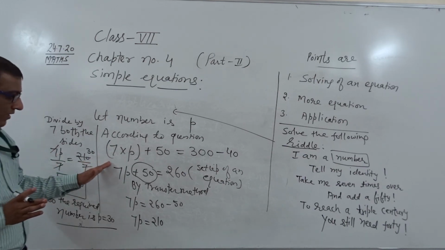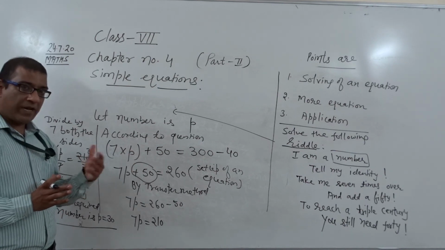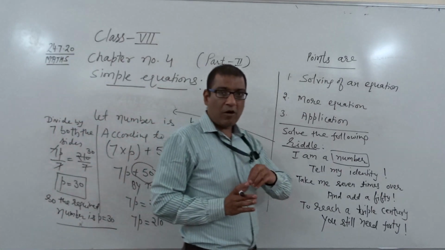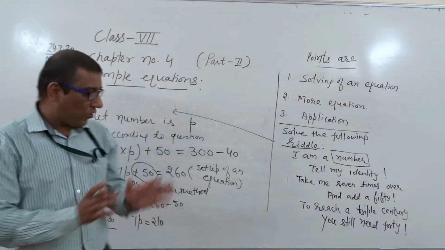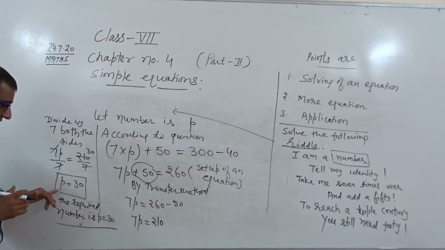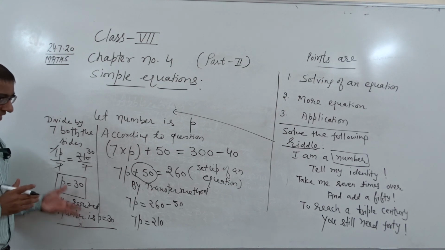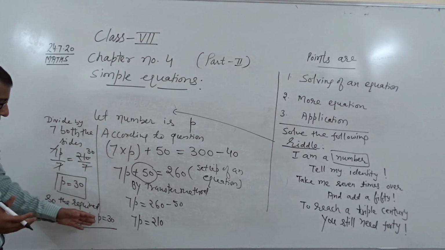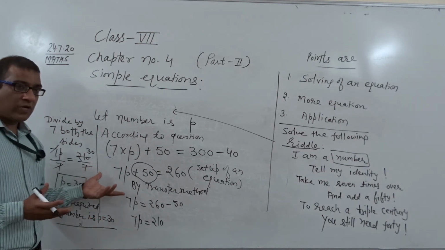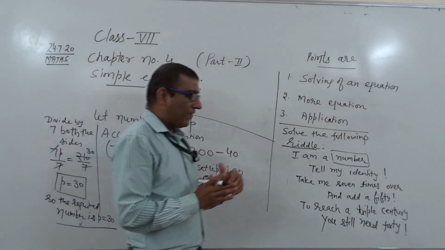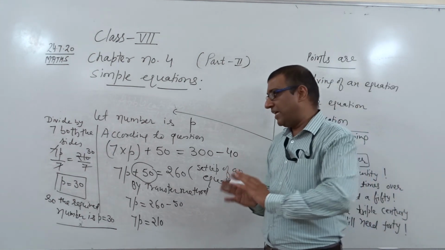Whenever you are facing difficulty in an operation, always go with the BODMAS rule. As you know very well, BODMAS means bracket, then O means of or order, division, multiplication, then addition, and then subtraction. So focus mainly on the calculation part, and at last always write down which number's value you are getting. If you want to check your answer, that is also possible. As I told earlier, put the value of the unknown number or variable in the setup of the equation. If LHS equals RHS, it means your answer is right. If LHS does not equal RHS, it means there is a mistake from your side in the calculation part.